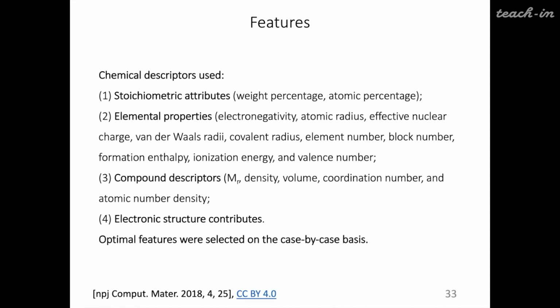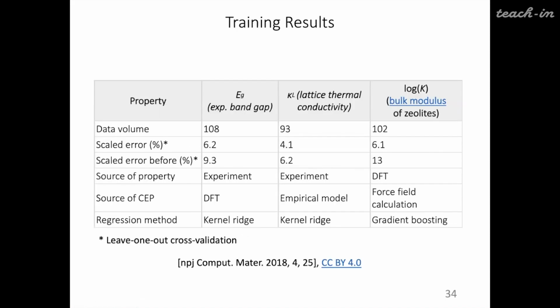So they selected a particular descriptor set on a case-by-case basis, depending on the predicted property. What's important is that